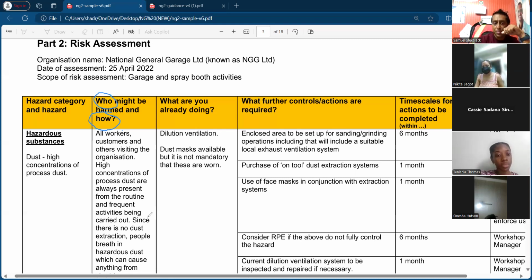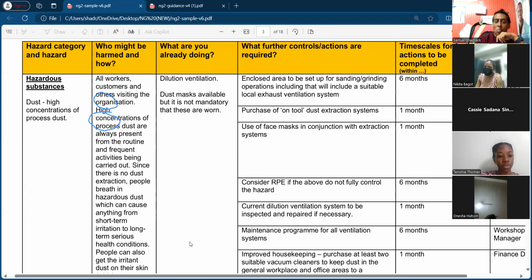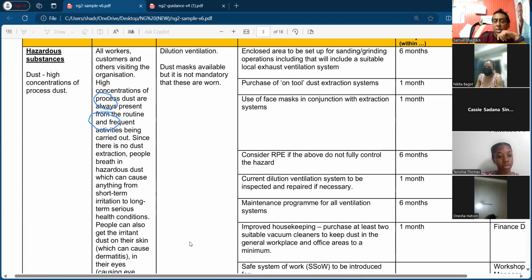So they have here high concentration, let us change the marker back. High concentration of processed dust are always present from the routine and frequent activities being carried out. Since there is no dust extraction, people breathe in the hazardous dust, which can cause anything from short-term irritation to long-term serious health conditions. People can also get the irritant dust on their skin, which can cause dermatitis in their